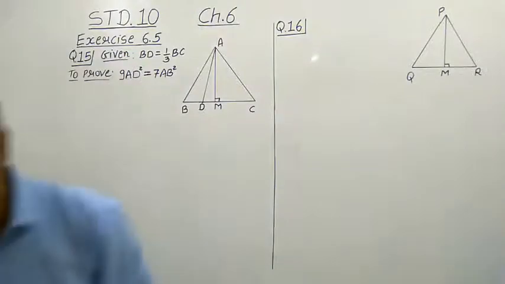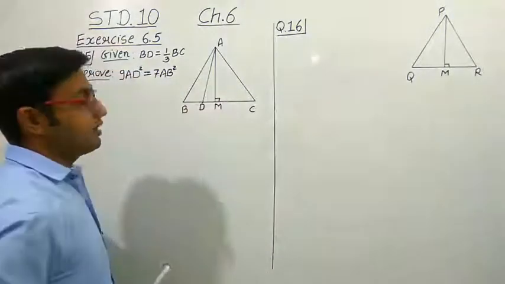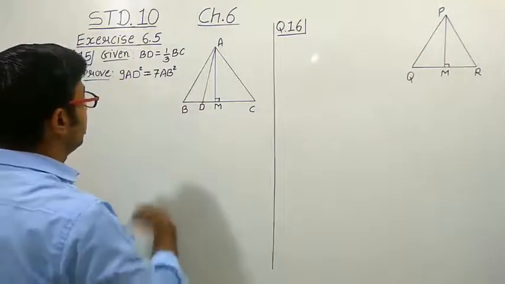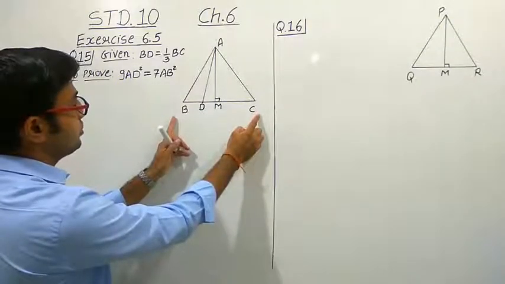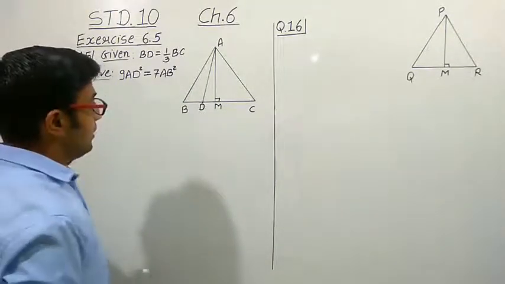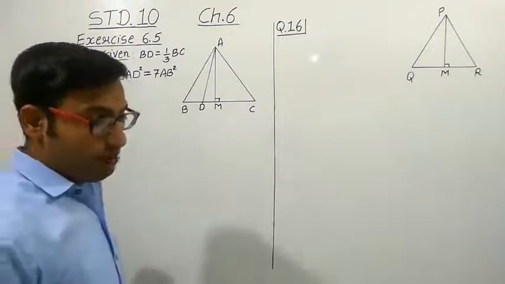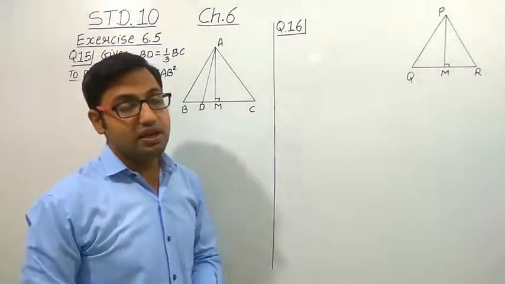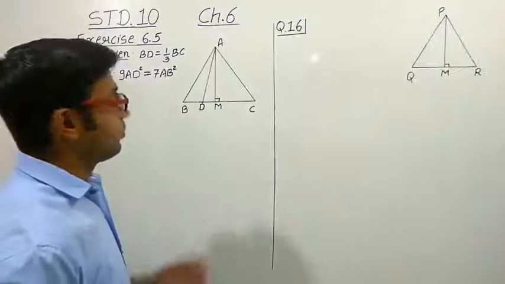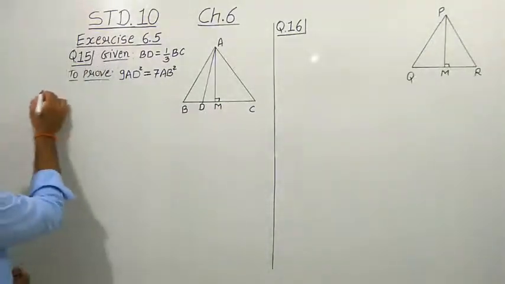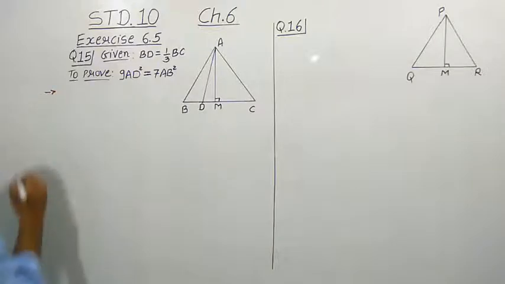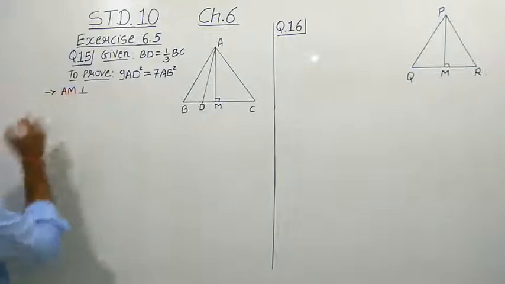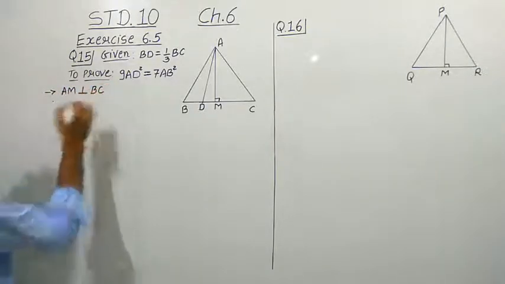So here we have given that ABC is an equilateral triangle, right? One of the points we have given, D, on the BC, so that this portion is 1/3 of this total BC. So here we do not use the Pythagoras theorem because AD is not the altitude. It is not making a 90-degree angle. So let us draw one of the altitudes, AM, right? We have to make some constructions. Let's suppose we draw AM perpendicular to BC, right?